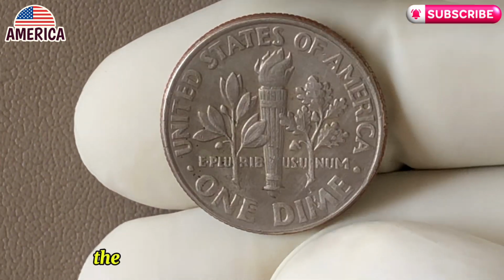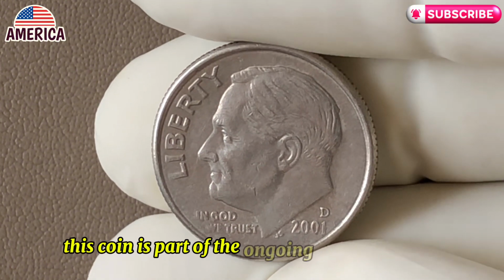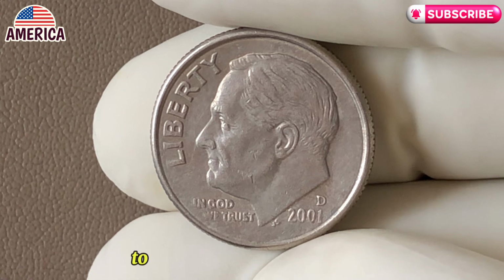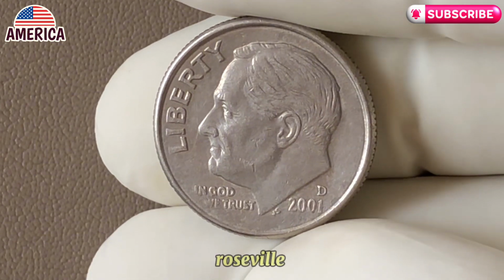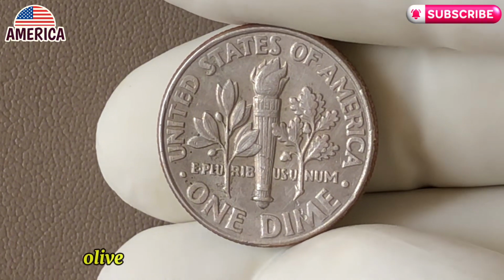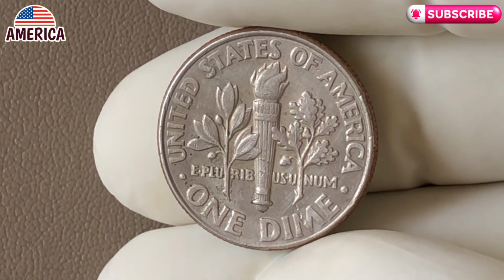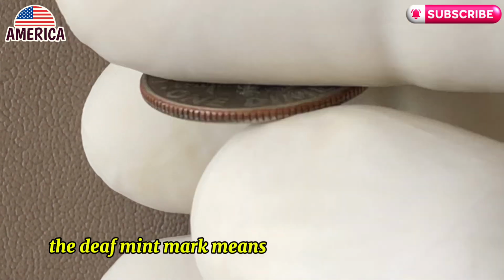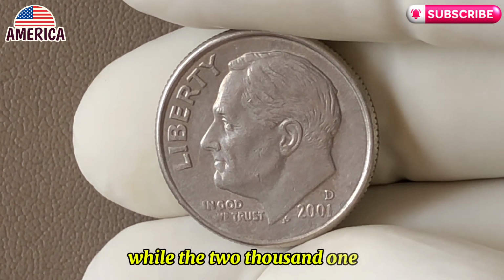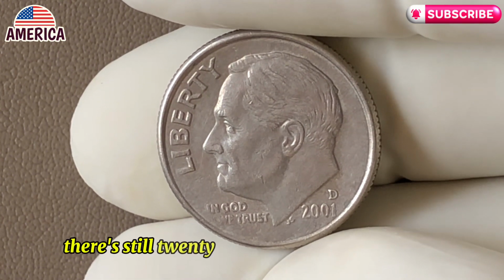Here it is, the 2001 D Roosevelt dime. This coin is part of the ongoing Roosevelt dime series, which started back in 1946 to honor President Franklin D. Roosevelt. It features his profile on the front and a torch, olive branch, and oak branch on the back. Now, let's break it down. The D mint mark means this dime was minted at the Denver Mint. While the 2001 D dime might not be the rarest in terms of circulation, there's still plenty to talk about